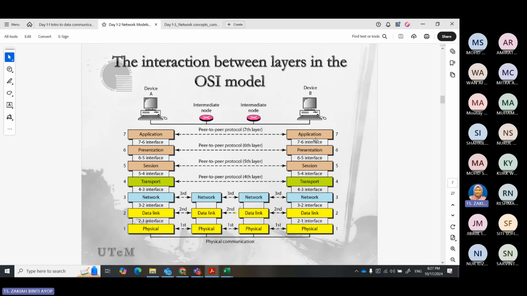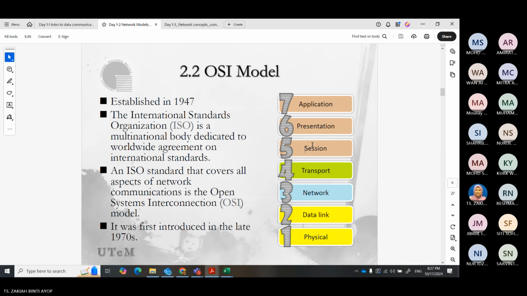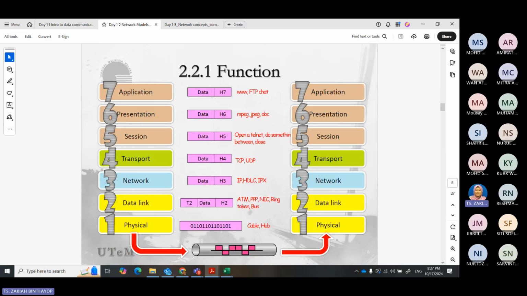Then it will go from the physical, data link, network, until the application. Sorry. I will explain more about the functions, but this is a summary.